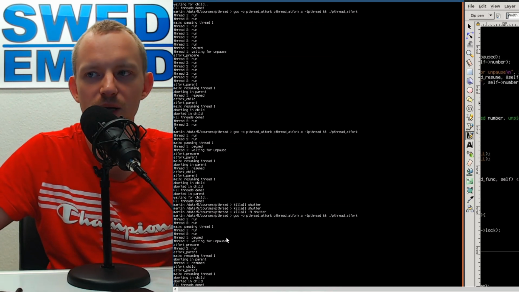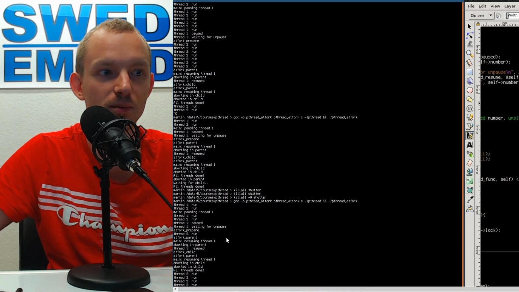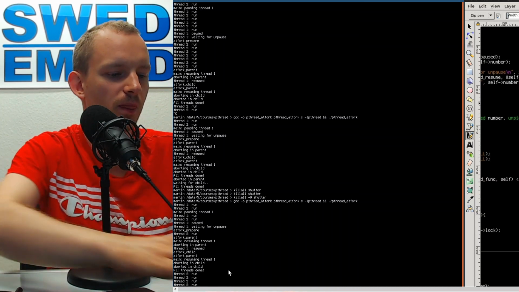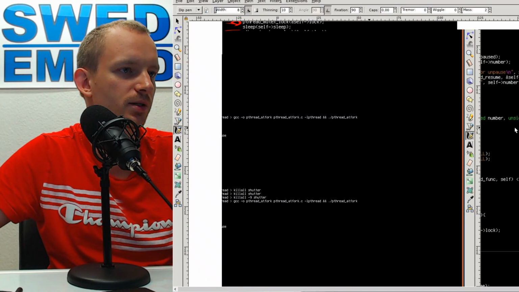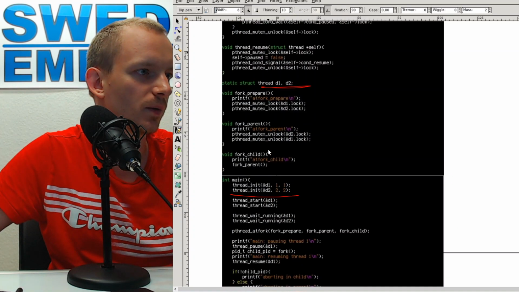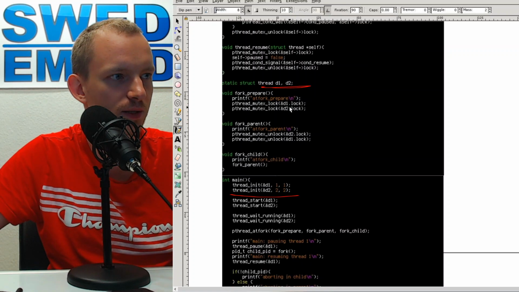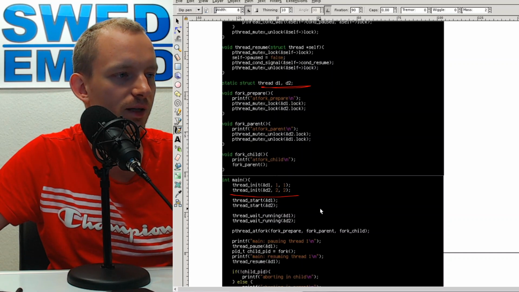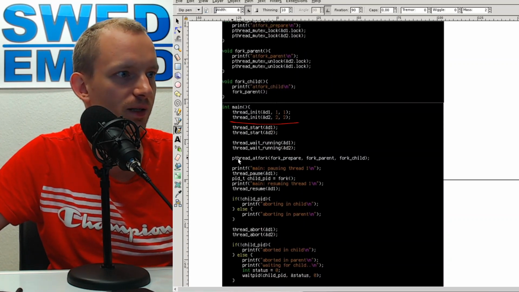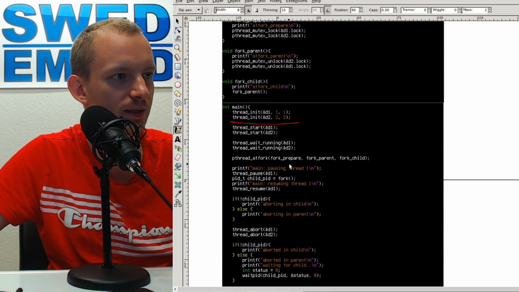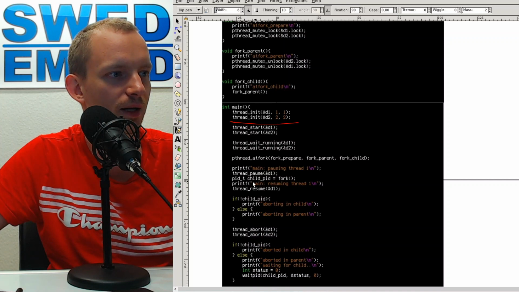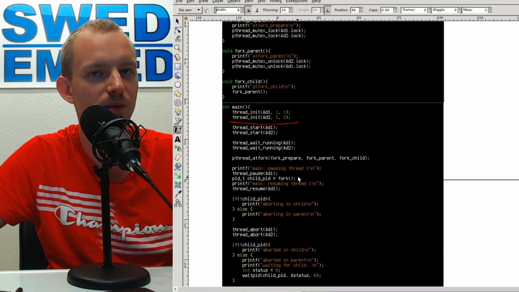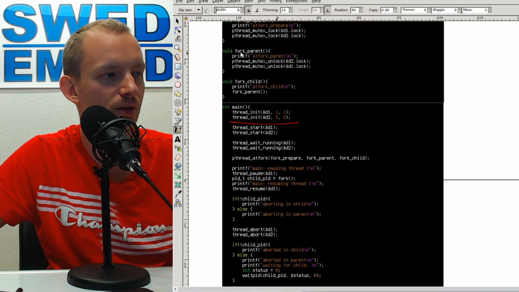So now we have the pthread_atfork enabled. If you look at the source code here, what I have done is I lock the mutex in the atfork prepare handler, and then I unlock it for both the parent and the child after the fork is done. So basically, when I call pthread_atfork, I pass these three handlers, and when I then call fork, glibc is going to call these handlers,